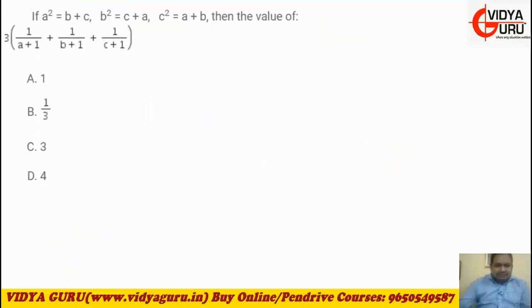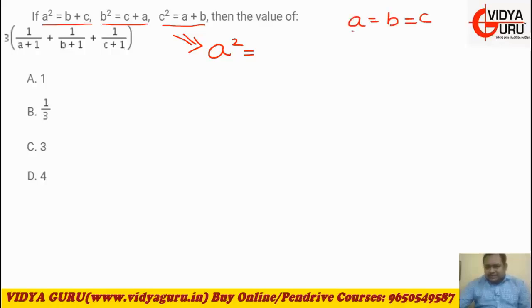So let's take the next one. This is given to us. Is this symmetrical? Yes, this is symmetrical. So I would say that the given information is a square is equal to, so before that I will have to assume that a is equal to b is equal to c, because this is the key to solving these kinds of questions in the easiest possible way. There are other methods as well, but here we are simply discussing how easy it becomes if you apply the concept of symmetry. So now I can easily assume a is equal to b is equal to c.